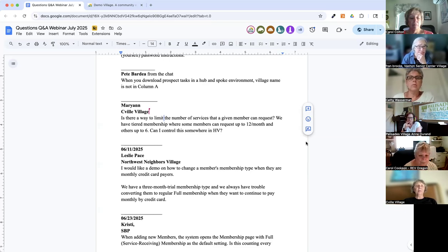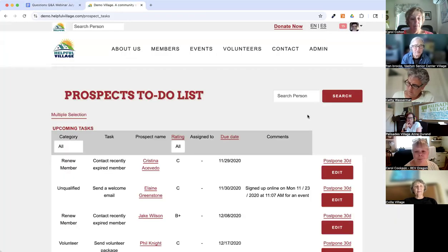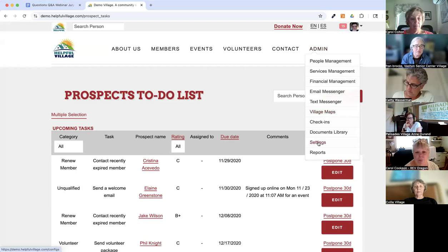Yeah. No. Great question. I see. It's not possible to have different limits for your members. So basically, I can show. So you already have the limit of 12 that is set up for your village or not? Yeah. Okay, so I'm gonna quickly show it for other people, but basically if you go to admin settings,